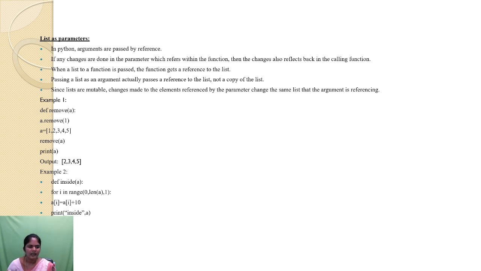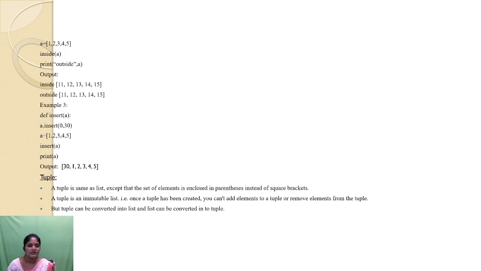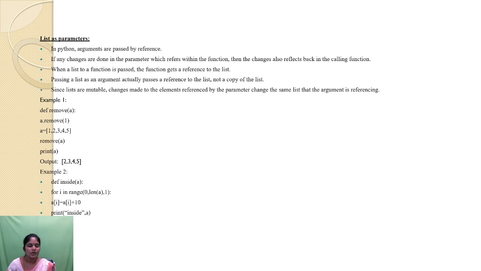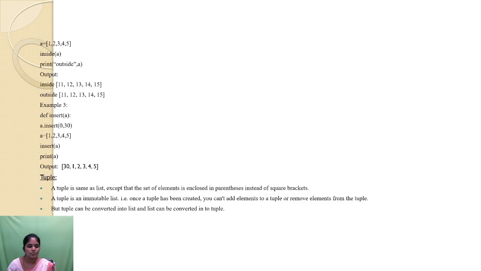Likewise, we pass the argument as a list from the calling function to the called function. So this is one example for list as parameter. Apart from that, there are many more examples, and we will go through them. Okay, next move on to the tuple. So what is meant by tuple is a